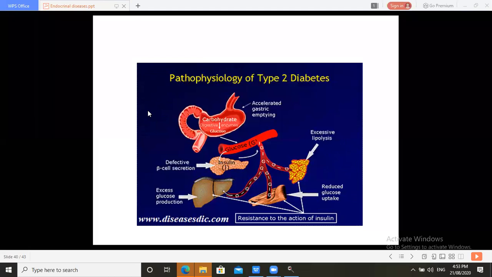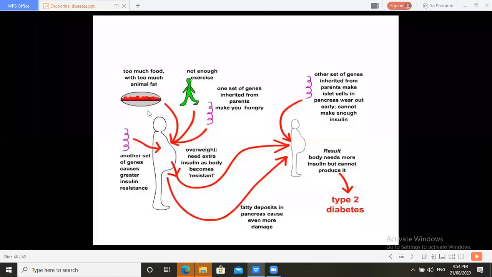Okay, now the next part we are going to discuss, here again in the slide you can see with type 2 diabetes mellitus, the cause is too much food with too much animal fat. Okay, then not enough exercise,